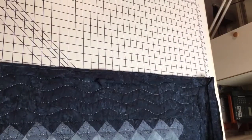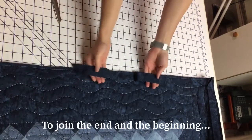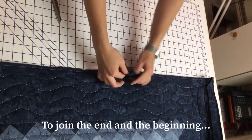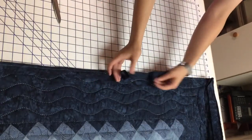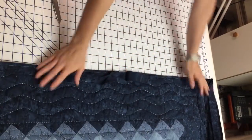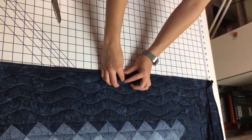So I've gone all the way around the quilt, and I'm left here with barely enough. Look how close that was. Okay, so now what I want to do is join the two ends, and this can be tricky, but it's also fun. So what I'm going to do is fold the ends like so until they barely touch,